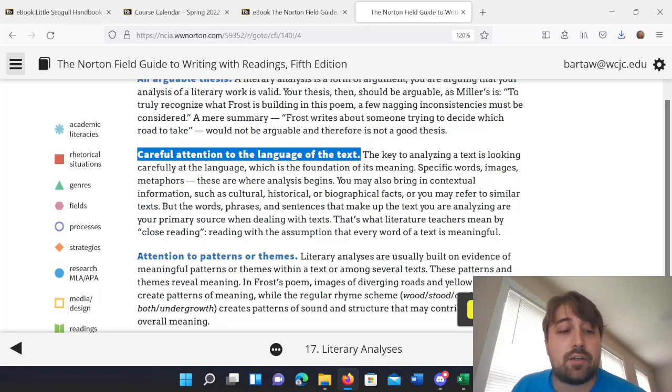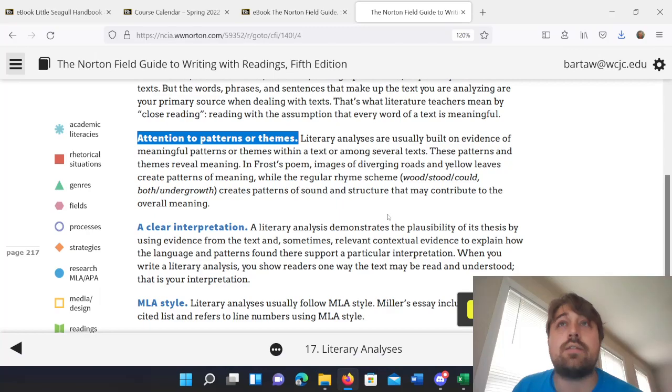So we want to look at the patterns and the themes. What are the themes of the story or poem that you're reading? In the case of The Road Not Taken, one of the patterns we can look at is the rhyme scheme, right? We can look at the specific words chosen, the specific story being told, and we can think about what the themes of the poem are. The most prominent theme, of course, is choices, the road not taken. There's the consideration of making this choice between one road and the other road, and the consequences and the regrets,